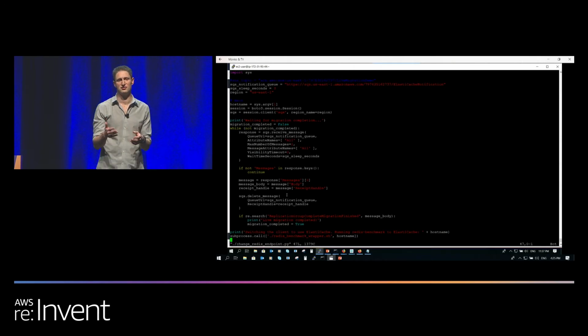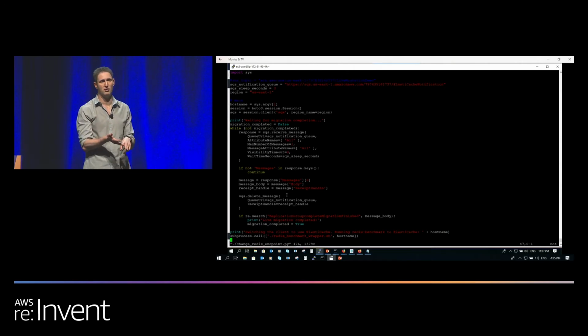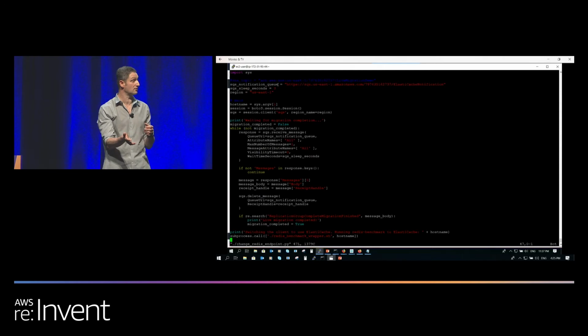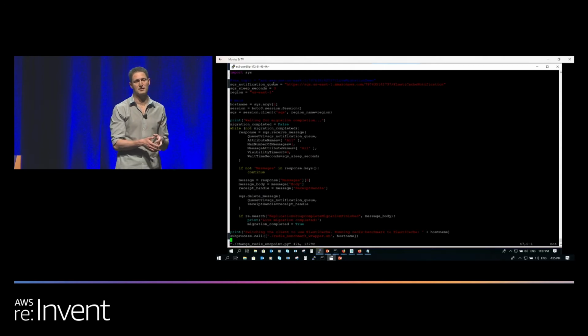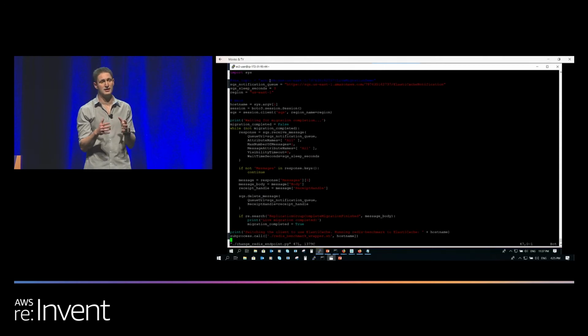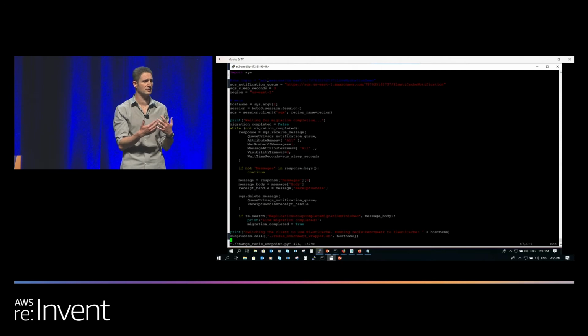You can get notifications by email, mobile text, and Lambda, and you can have an API endpoint. What I did here is use SQS, Simple Queue Service. This is a really simple script that polls this queue all the time, so I'll get the message whenever the migration finishes.